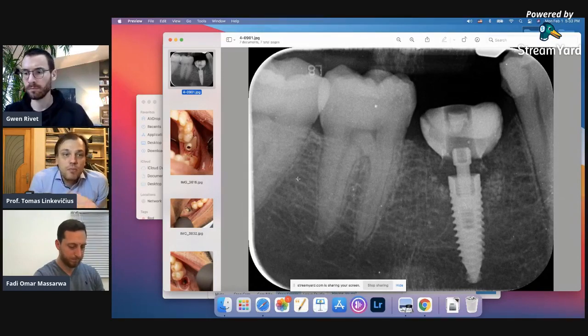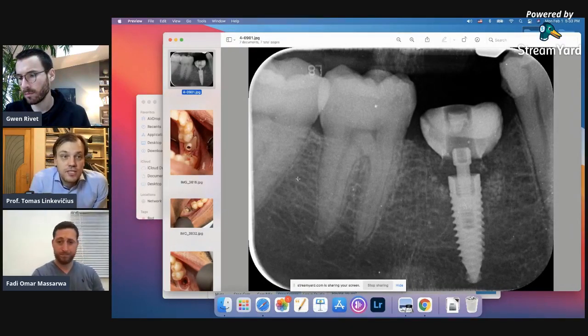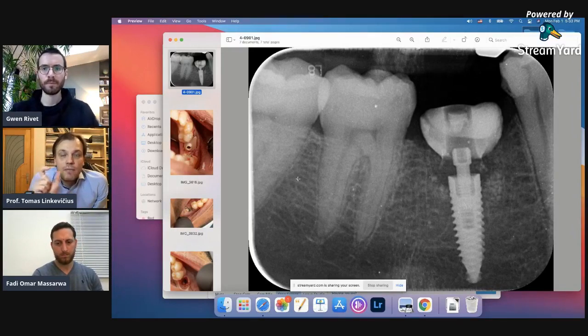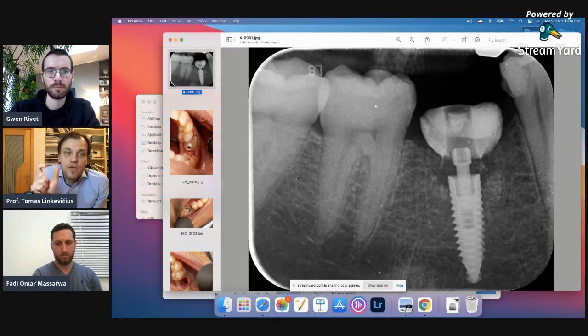So if this implant would be more shallow, or let's say it will be at the level of the bone, theoretically, not in this case, but just theoretically, then the movements of the abutment will not be harmful. So now here you have it deep in the bone and the abutment is moving. That's why you have this bone loss. Additional thing, what I've noticed